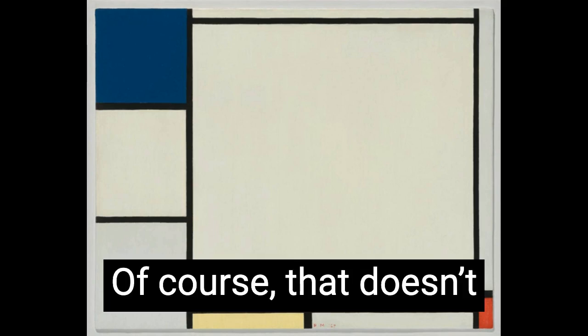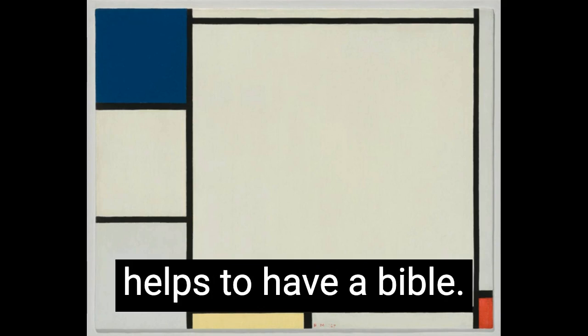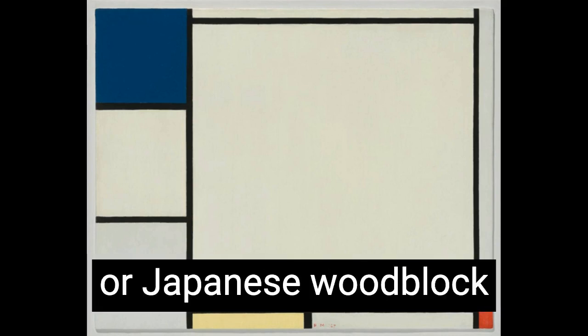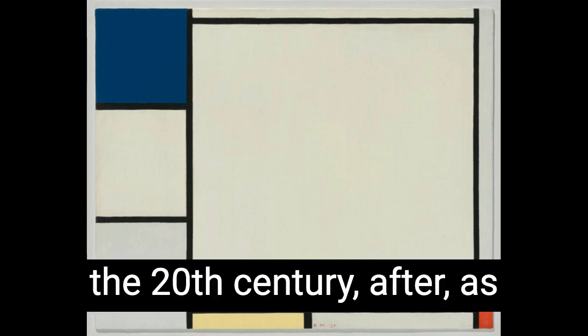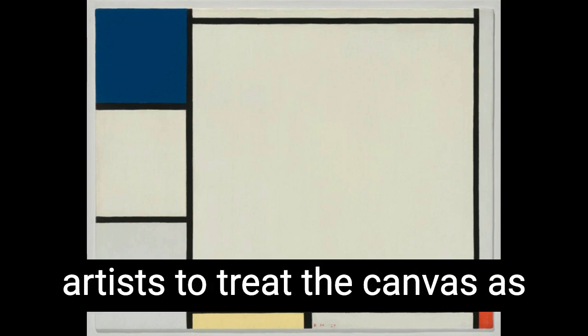Of course, that doesn't work with every painting. To understand the works of the Renaissance, for example, it sure helps to have a Bible. To understand Degas, it might help to have a few Daumier caricatures or Japanese woodblock prints at the ready. But as we get deeper into the 20th century, after, as we've discussed, Papa Cézanne has sanctioned artists to treat the canvas as a tool for